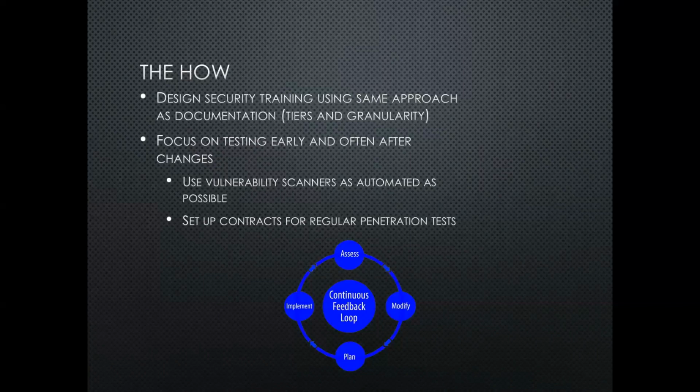And it helps to set up contracts for those to be performed on a particular week, each year, or 6 months, or quarter, as you're able to afford that. And that, of course, creates a tighter continuous feedback loop. All of these enable you to adjust fire more rapidly. And in that aspect, be more agile in your security program.